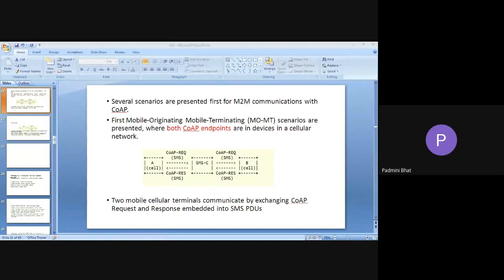So I did not discuss HTTP. I just said the use of HTTP sometimes in our IoT application. We discussed in detail about COAP. Got it? So those diagrams are very important. Okay. Next.